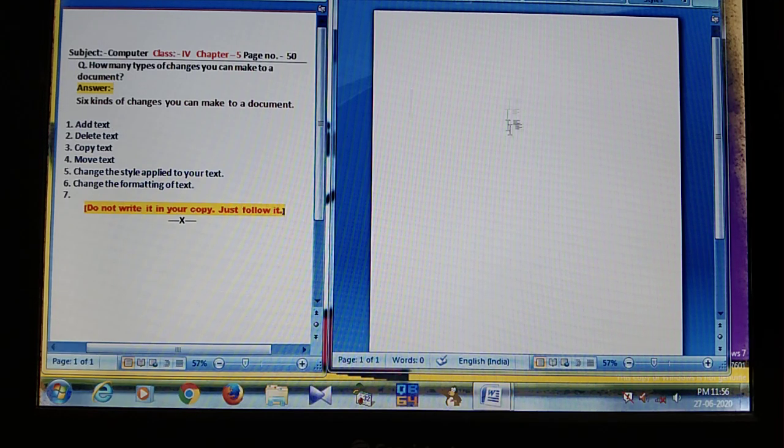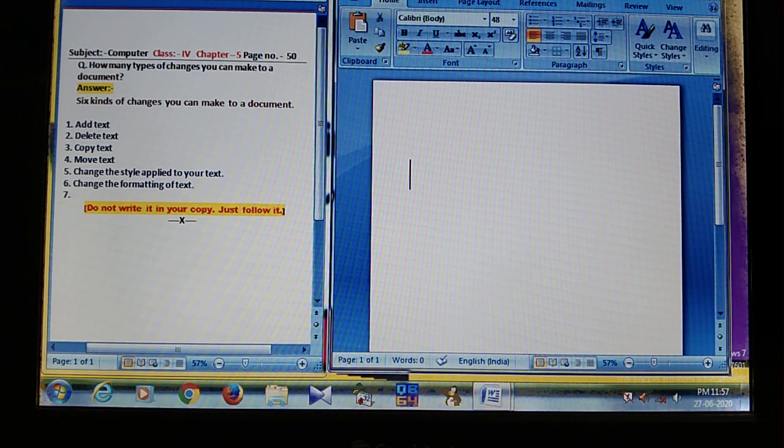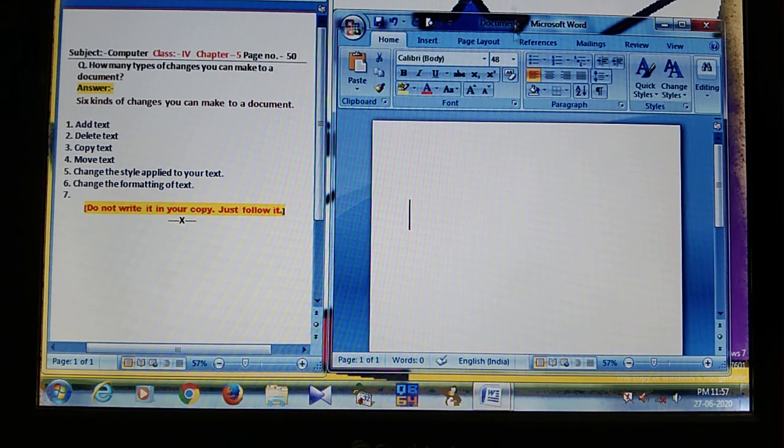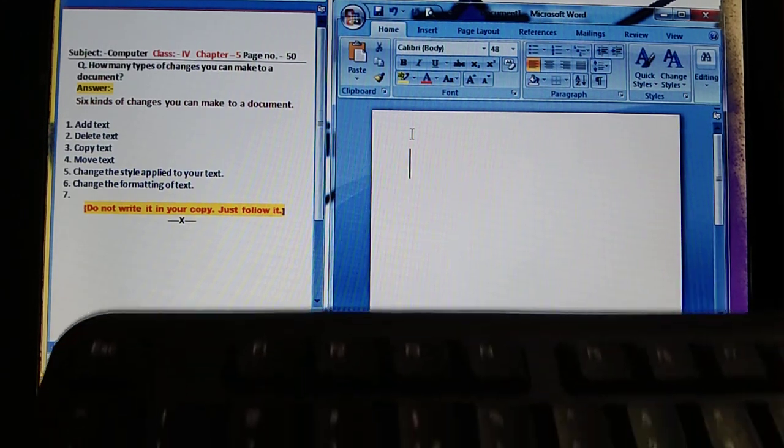So it is another page, that is document 1 Microsoft page. Okay, I show you document 1 Microsoft page. So dear student, suppose I want to write here any word by using keyboard. Look at here, it is the keyboard.